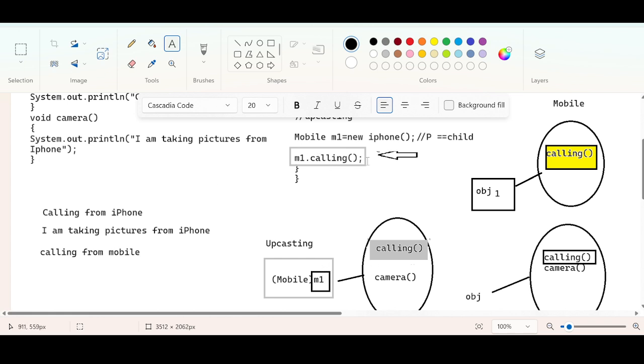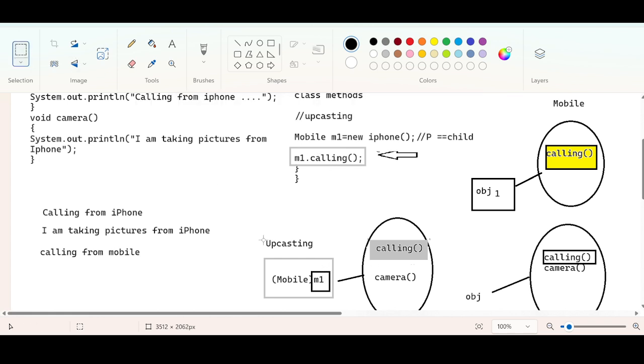The moment you call the calling method, control will directly jump to the object of parent class type, and we will try to find if there is any calling method. Of course, in the parent class there is a calling method, but in the child class also there is a calling method. Because of this upcasting, this child class method will override this parent class method.